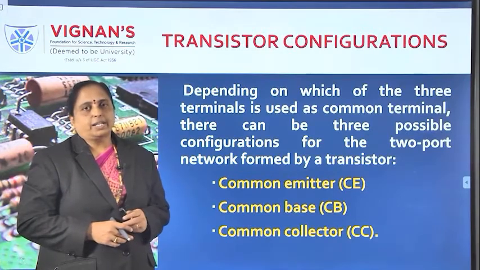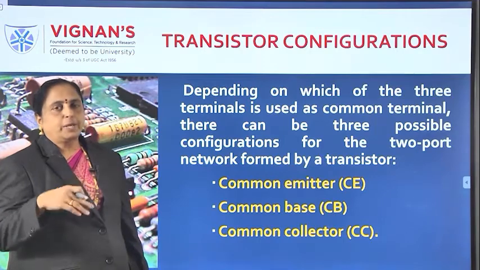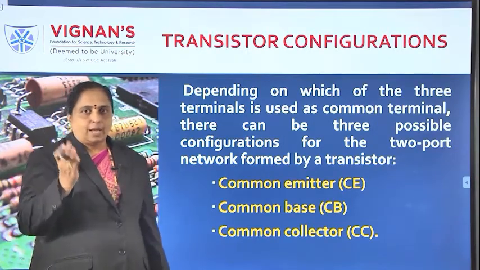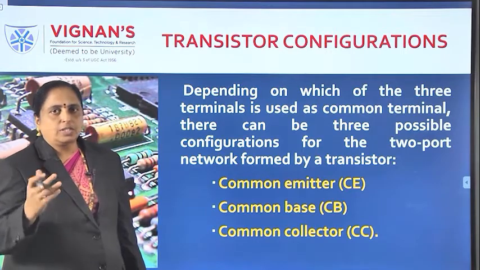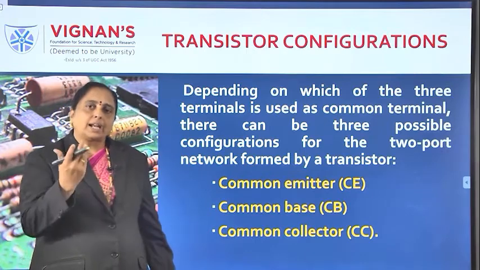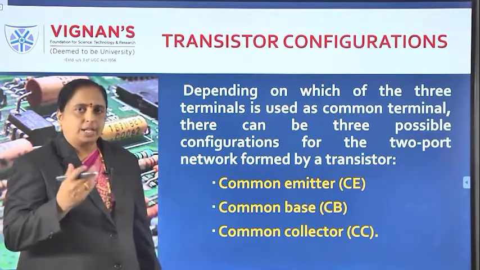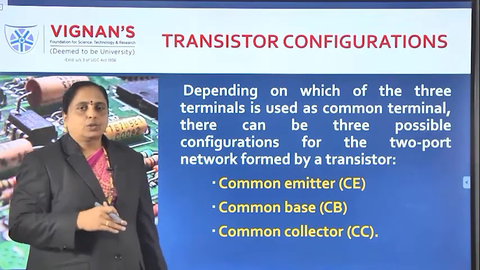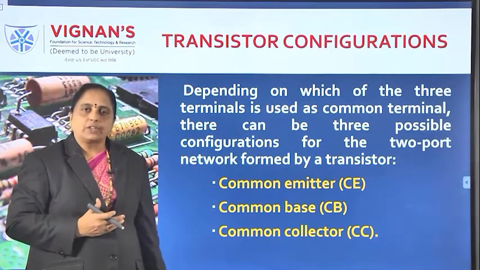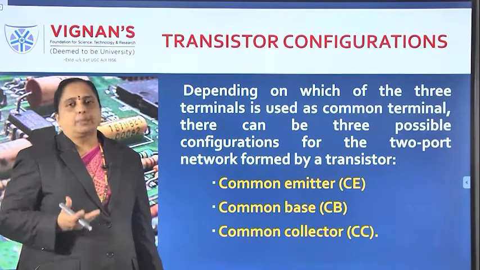Our next topic is, what are the important configurations of BJT for some specific purpose? As you know already, the important applications are as an amplifier or as an on switch or off switch. Now we are focusing on the characteristics of BJT. Like in PN junction diode, we studied VI characteristics. Similarly, to study the characteristics of BJT before applying it for any specific application, we have to know how many ways we can connect the BJT.